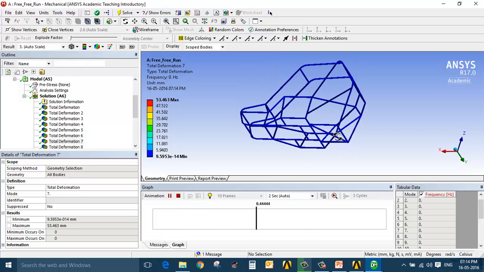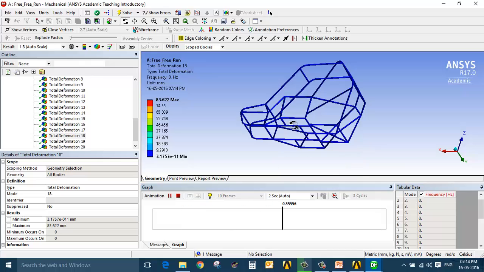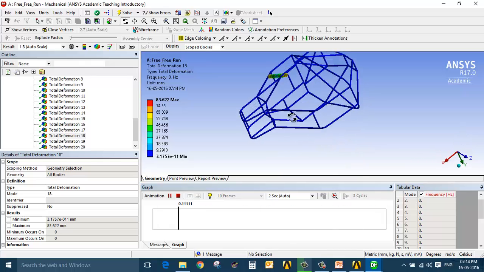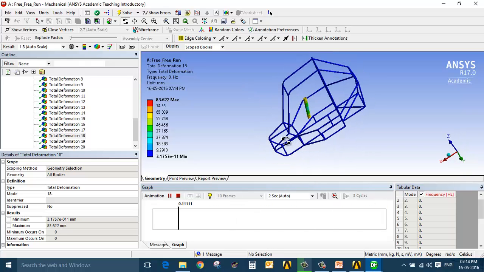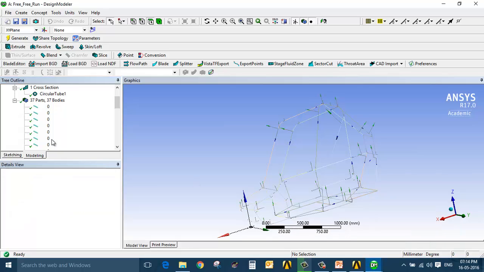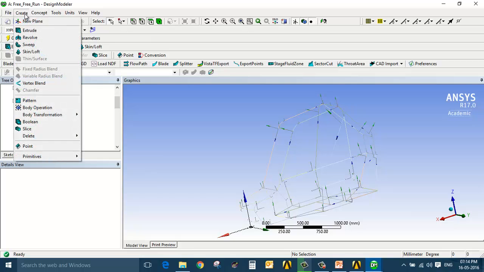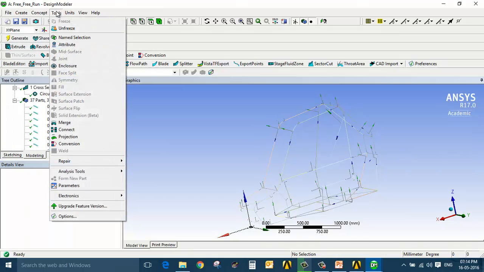So that is the aim of my analysis, whether my complete geometry is connected or not. You can see here this member is only vibrating. So this is not properly connected. So now what I will do is go to the design modeler again and establish a connection between it. To establish a connection, I will go to create, tools, connect,